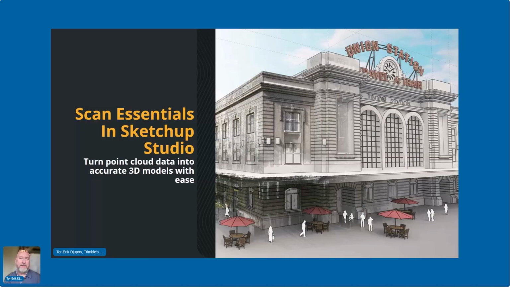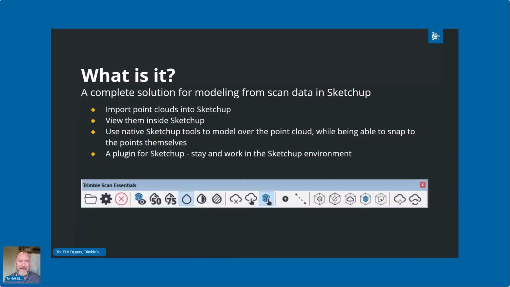But I think the better thing that we've done is to start interfacing with SketchUp directly, and that brings me to the main modeling side of here. One of the extensions in SketchUp is something we call Scan Essentials. And this is sitting currently in SketchUp Studio. So what is that? Well, what we have done is that we have taken part of that point cloud control, point cloud visibility function from Trimble RealWorks, and we've built that into SketchUp,